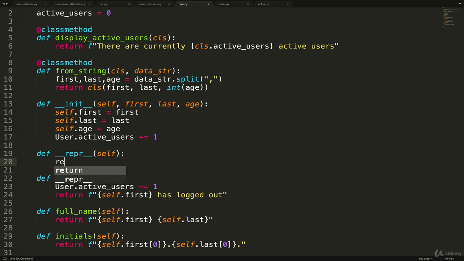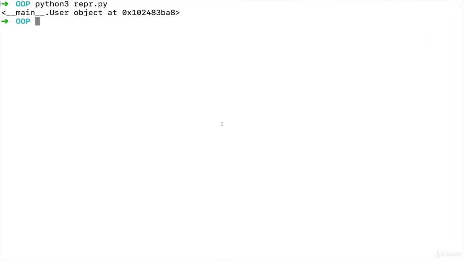So we'll use self. And for a user, we could just return something simple like first name. So self.first, we need those brackets. And then maybe an age, just to do self.age, just like that. It doesn't really matter. But now this is important. When I print a user, we get Tom is 89, which maybe is not the best representation, but hopefully you can see how this can be useful.